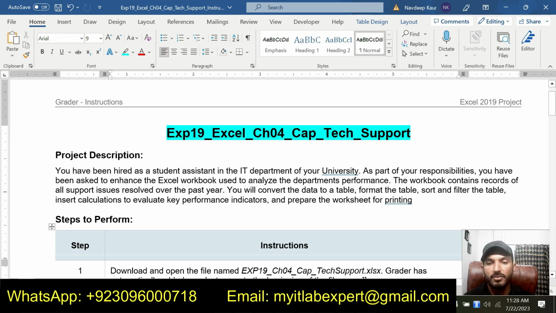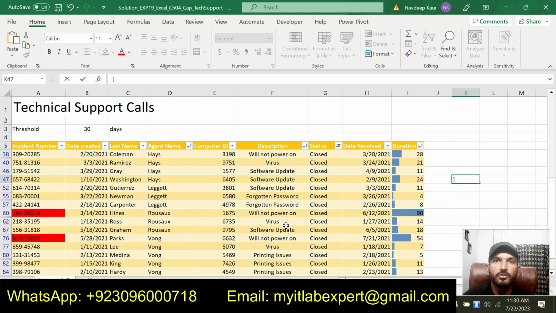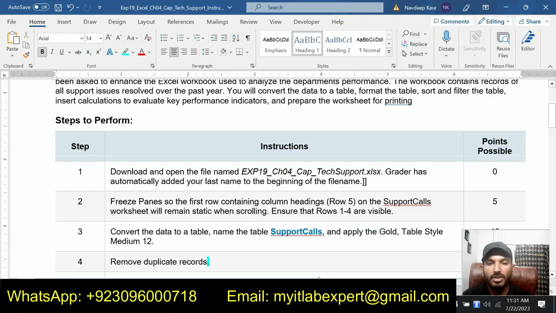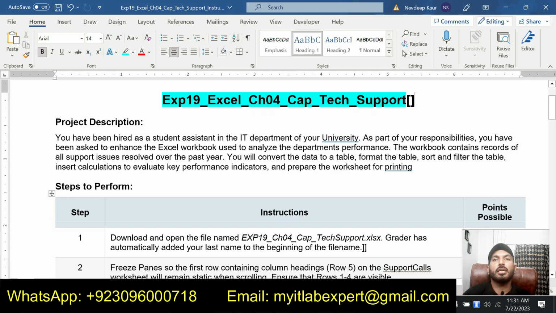Let me show you the final version now. So this is the final version for this assignment. This is the conditional formatting applied to column A and the conditional formatting data bars applied to column I. So you will get a final version like this. So when you will solve the remaining 4 steps, basically I have shown you this complete assignment.